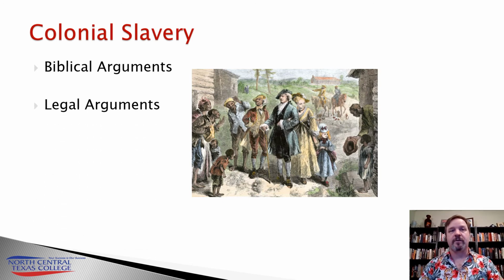Legal arguments, of course, abound. For taxation purposes, something we'll talk a little bit more about in a second. Things like, how do you count slaves for taxation and representation? Defense. Alexander Hamilton, during the American Revolution, felt that northern slaves escaped to the north should be used in the military, and that Negroes, Africans, should be allowed to enlist.